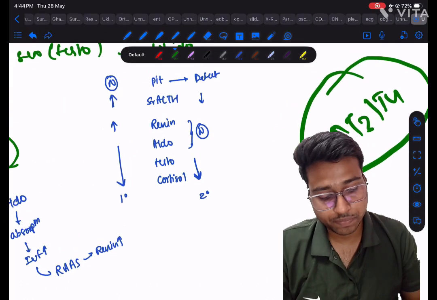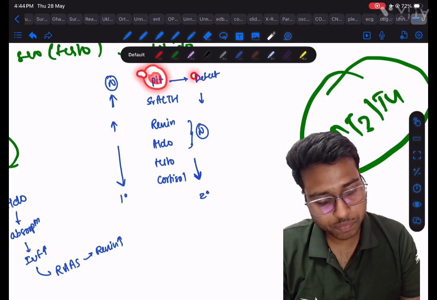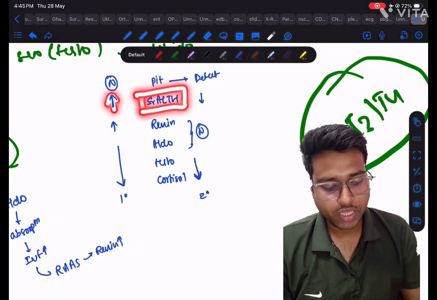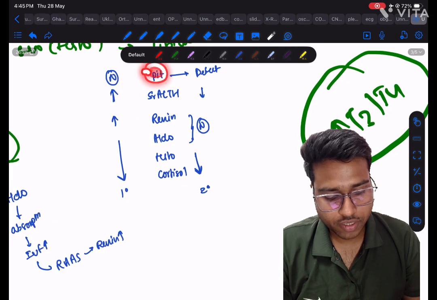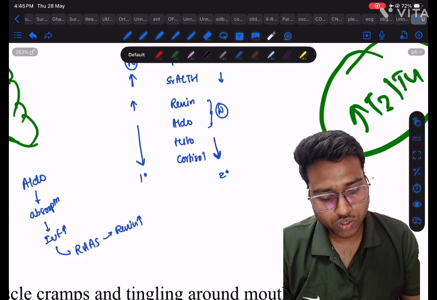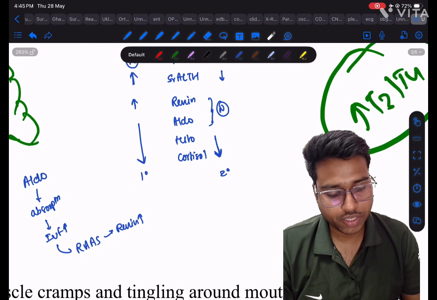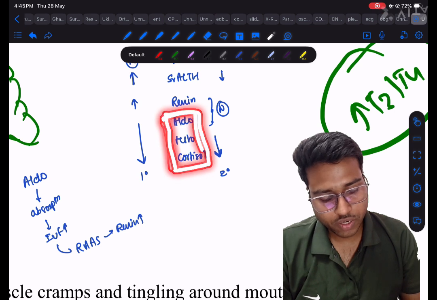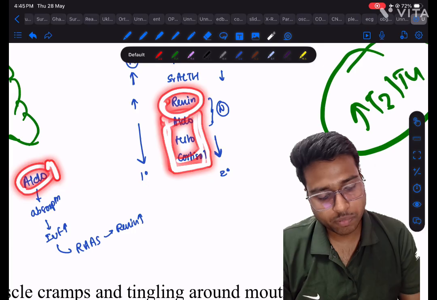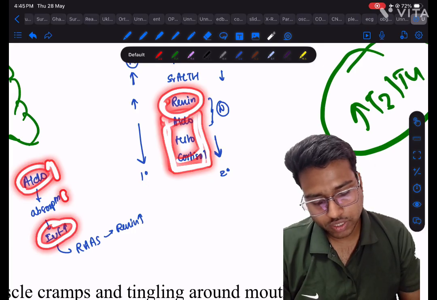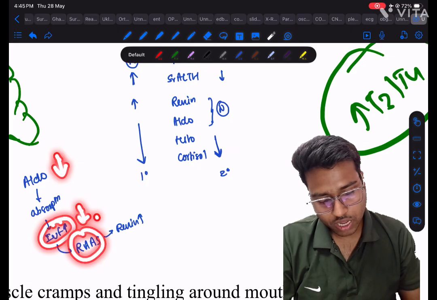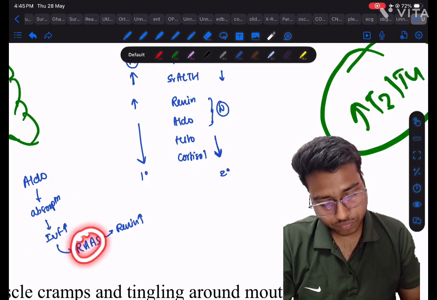ठीक है, सो how will you know whether it is primary or secondary Addison disease? We will see whether the pituitary defect is present or not. So if the pituitary is normal, we should go for the ACTH. If ACTH is high, it means the pituitary is normal. ACTH higher रहेगा तो फिर ये stimulate करेगा अपने glands को. So here we will see aldosterone, testosterone and cortisol levels low. But renin will be high. Why? Aldosterone increases the absorption. If there is low aldosterone, no absorption will occur. IV fluid will decrease. RAS will